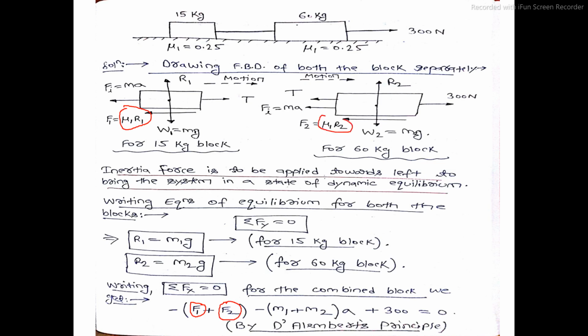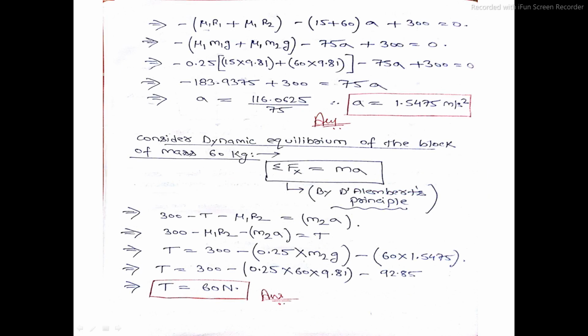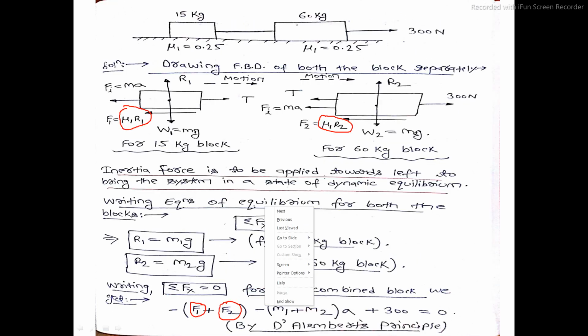Again mu1 into R2. Mu is common because the surface is common. So in place of F1 I can write mu1 R1, and in place of F2 I can write mu1 R2. So I can write minus, in bracket, mu1 R1 plus mu1 R2 bracket close, minus